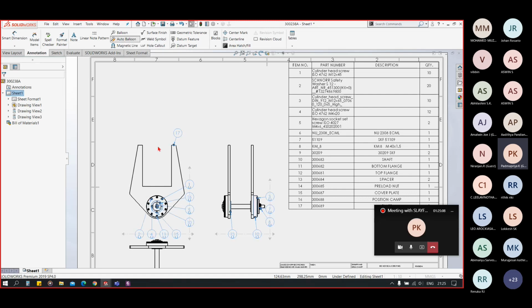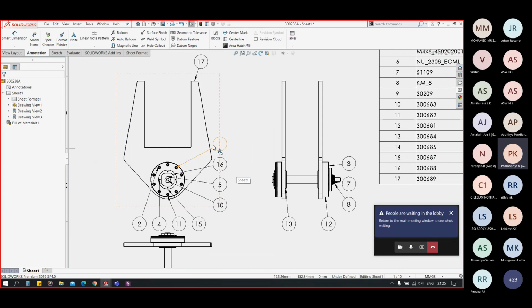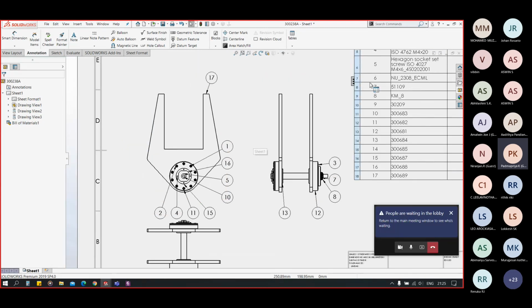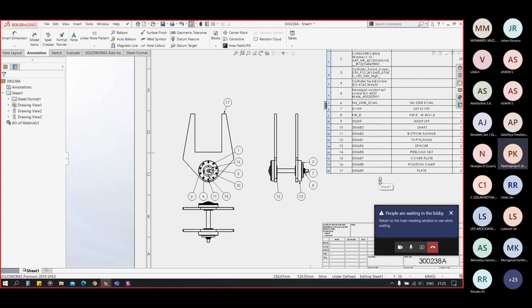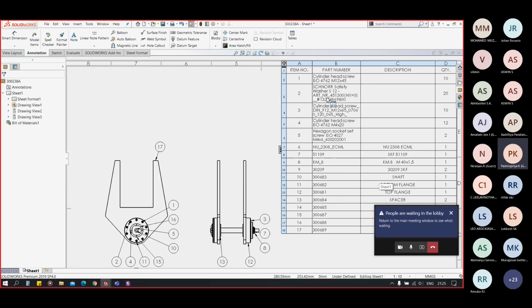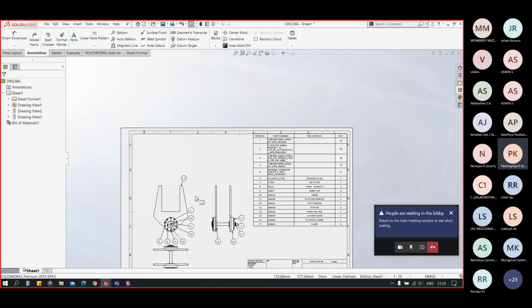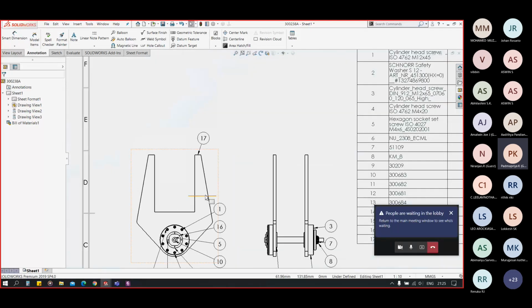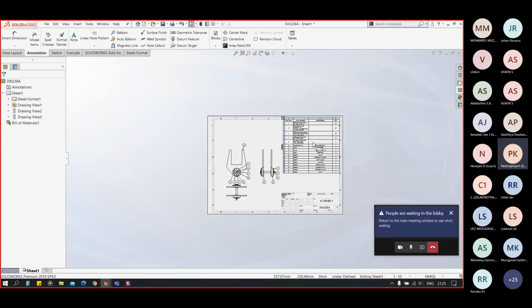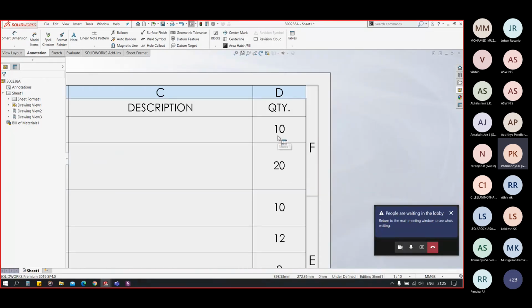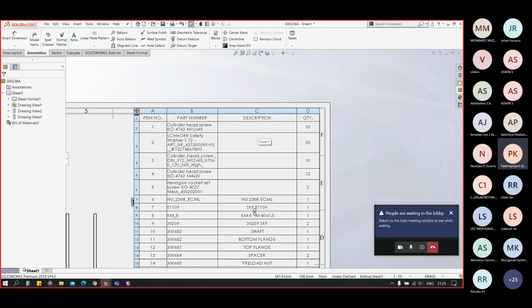Now to save my time I will use auto balloon. Now you can see we have our balloons here from 1 to 17. Now you can see 1 is cylinder head screw M12 by 45, so that will be shown here, and also the quantity, also the description.